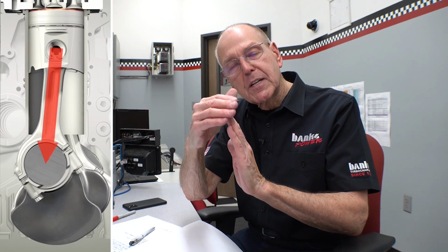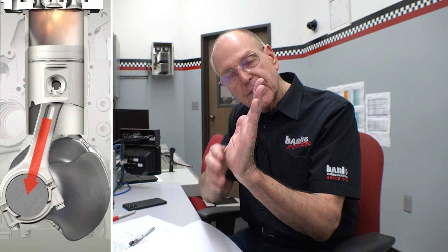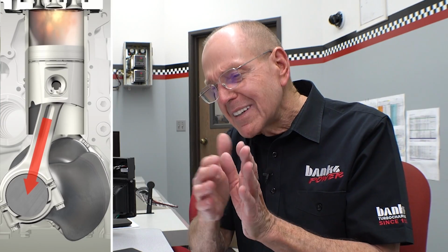As the piston comes down the bore, that rod angle changes and the crank is rotating, and you're getting a mechanical advantage through the rod to the crank arm. The further it rotates, in my experience, hitting maximum cylinder pressure at 8 to 12 degrees, somewhere in there, seems to